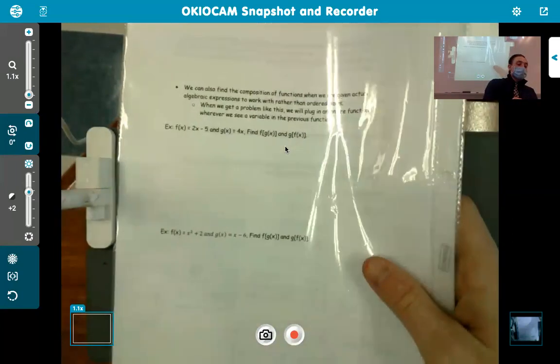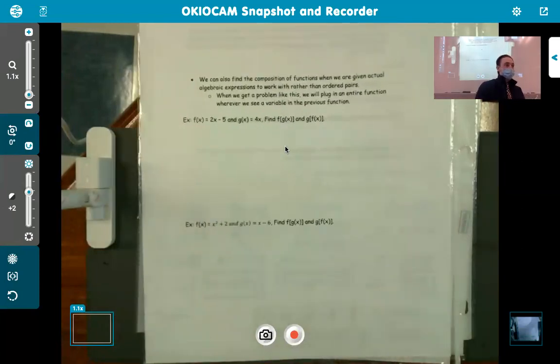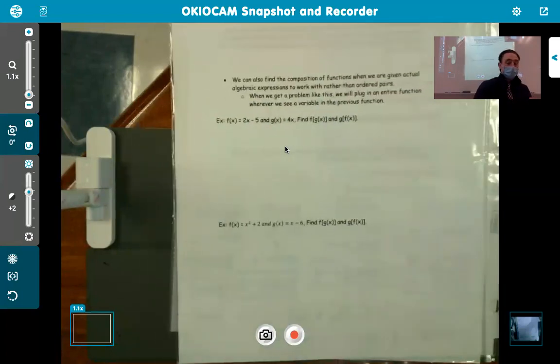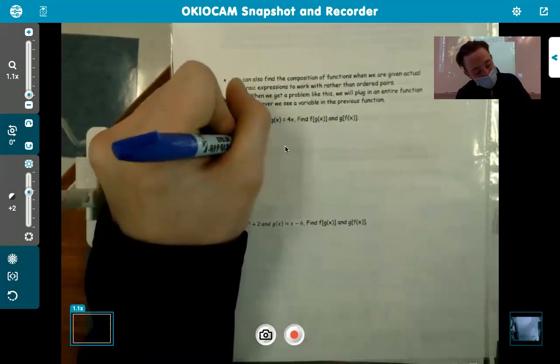The other type of example that you will see might be a little bit easier since it's a little bit more algebraic. It's not necessarily just following numbers around. It's when you're given legitimate functions to work with. And when we get a problem like this where they tell us f of x is 2x minus 5, g of x is 4x, what we do is we take the entire function that we see and we plug it in wherever we see the variable in our other function. All right. What I mean by that is if we're going to find f of g of x,